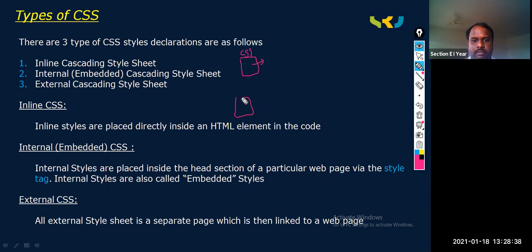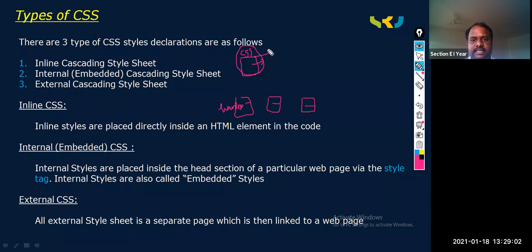I have multiple HTML files, and these multiple HTML files have common properties. When they have common properties, why do I need to write these common properties in all of these files? I will write all those properties in one file.